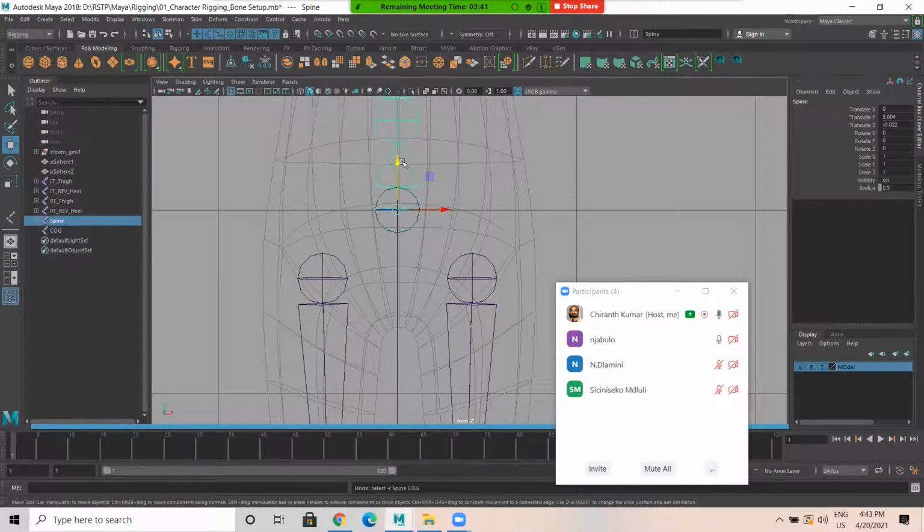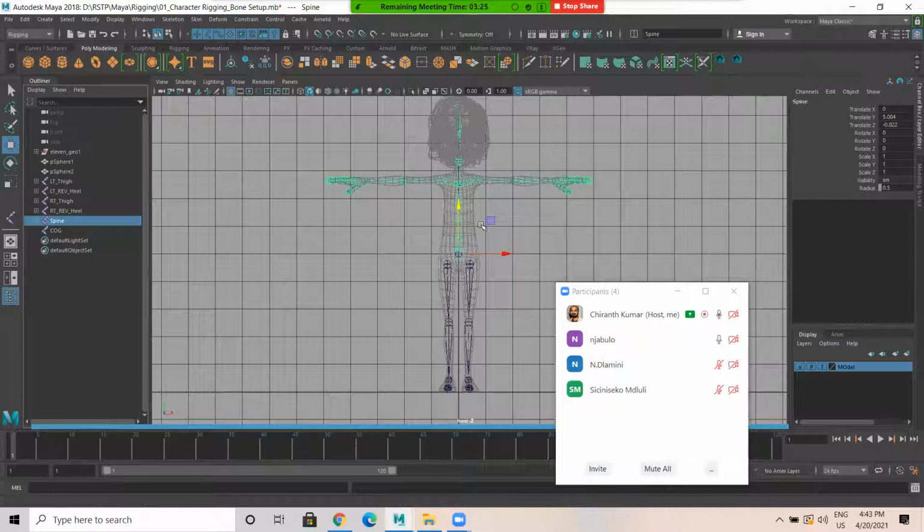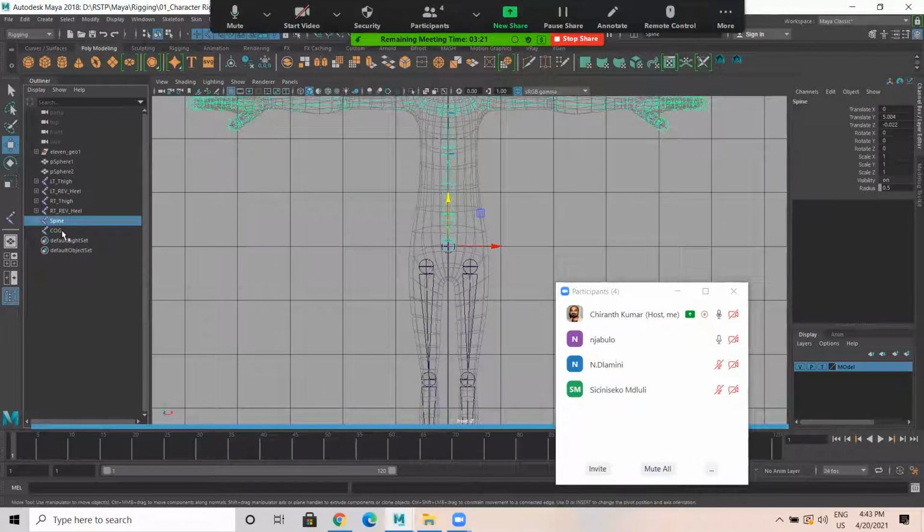See, I created one cog joint and placed it exactly in the place of the spine. In outliner you can see the spine, this is the top part. Select spine, then shift select cog, press P.